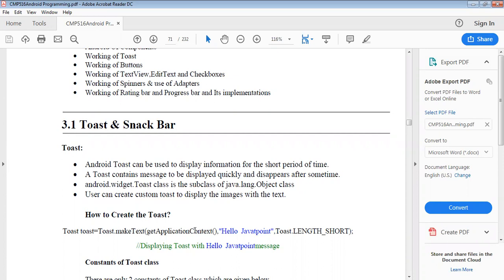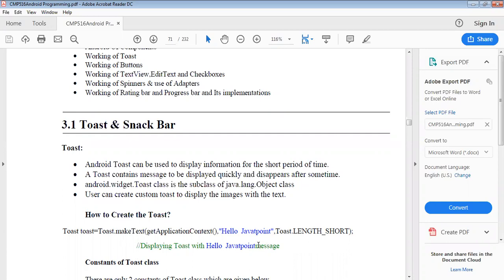For that we can write that line, comma, Hello Java Point. Hello Java Point is the actual message to display for a short period of time. Then comma, Toast.LENGTH_SHORT, means for the short time period that message will be shown, displaying the toast with the Hello Java Point message.